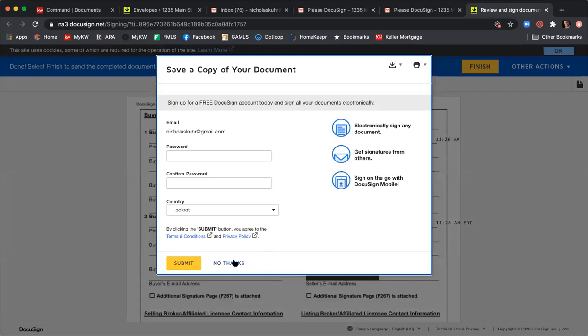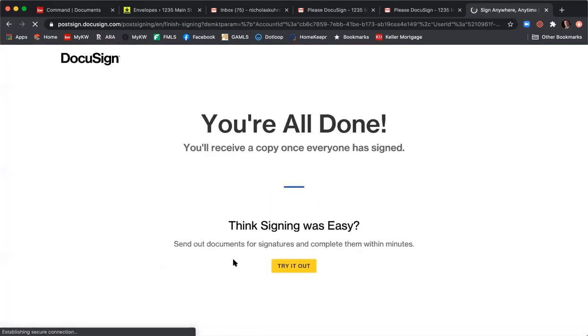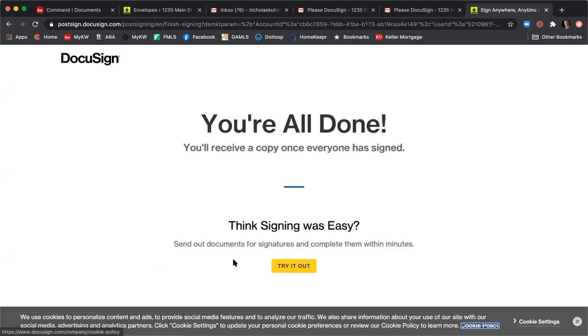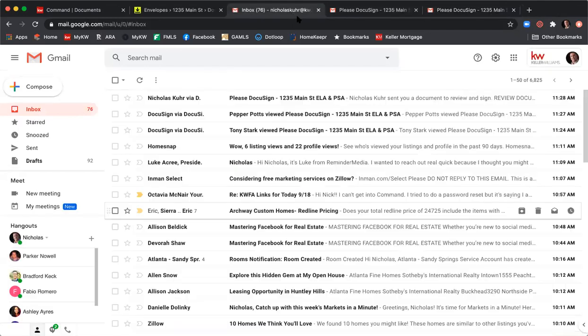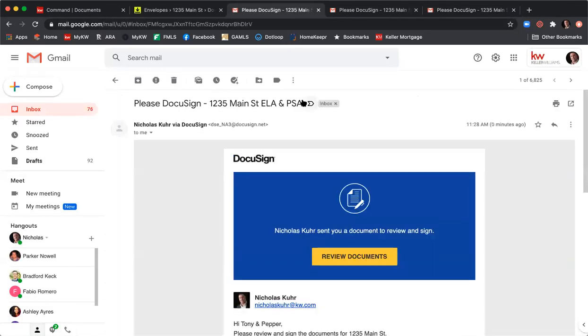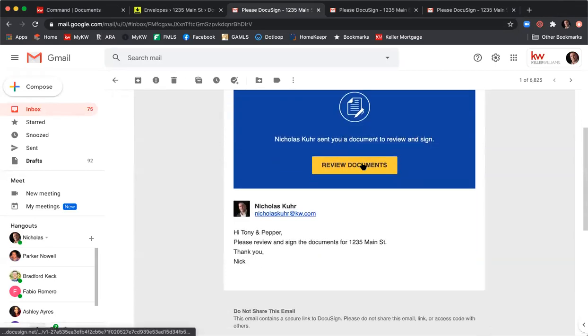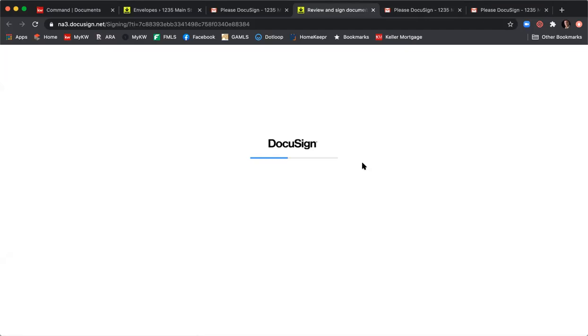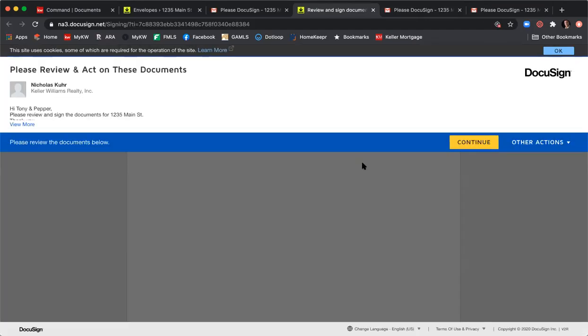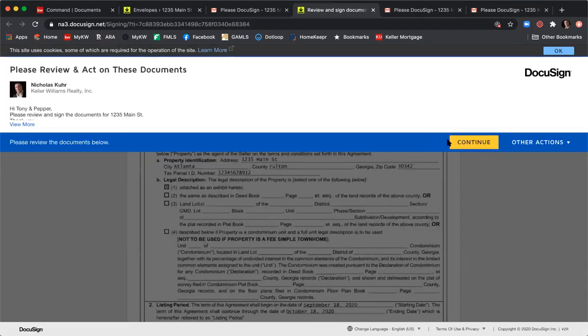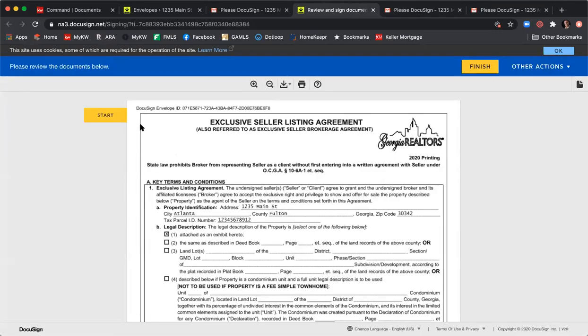And she doesn't need to create an account, so click no thanks. And now Pepper has received the "You're all done" page, so we know Pepper is good to go. So I'm going to click X here, and now I'm going to go into my email address, and now it pops up and says, please DocuSign. And now it's my chance to review and sign. So I'll click Review Documents. I'll click Continue, Start,